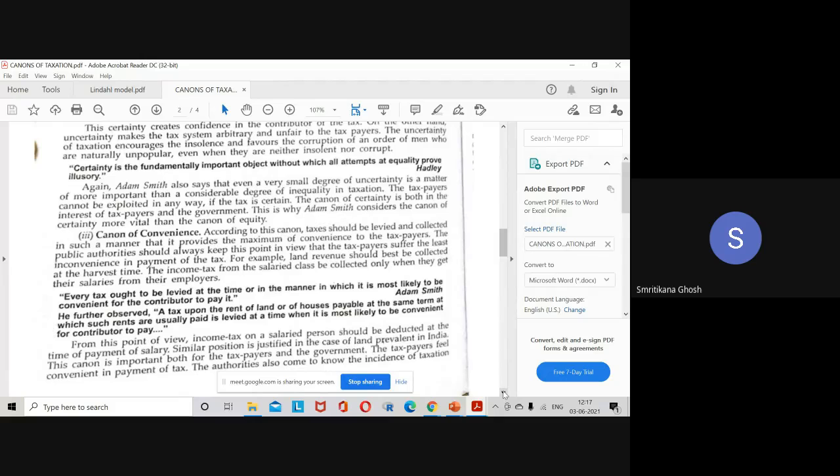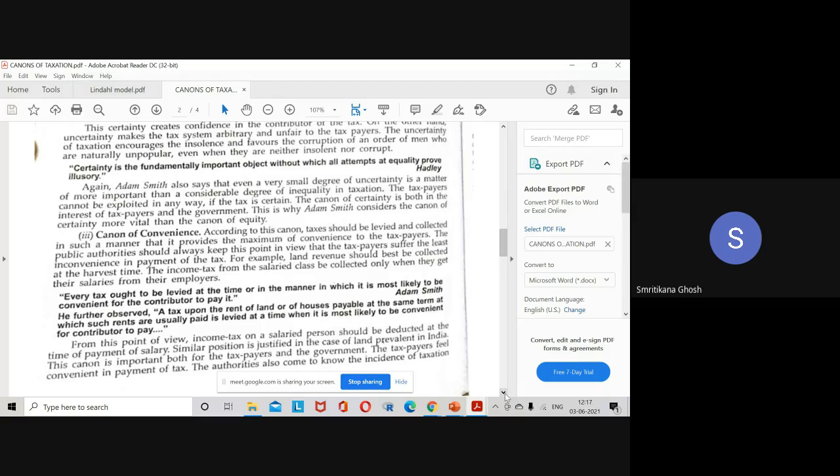Okay. Look, there is an example. The land revenue should best be collected at the harvest time. When people are harvesting, if you go to that field and ask them to pay, it is much easier for them. After the harvest time, when everything is done, they have sold their product and have spent their money, then you go to collect the money. So this is not at all good. This is not a good indicator for the farmer. So this is how, according to the convenience, you should ask the person to pay.